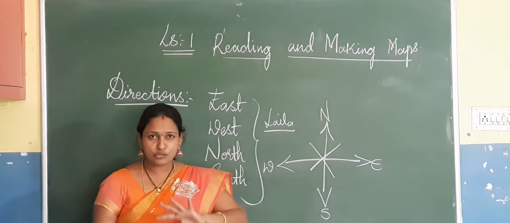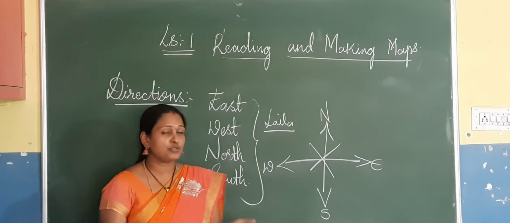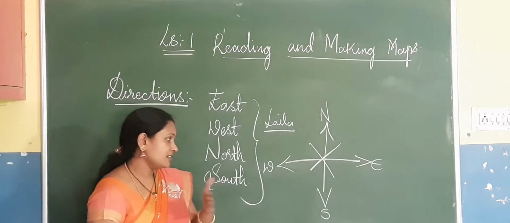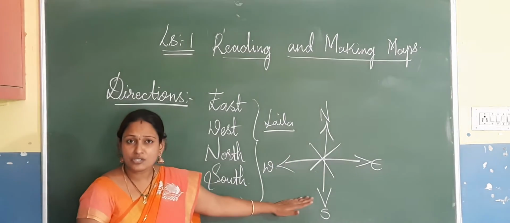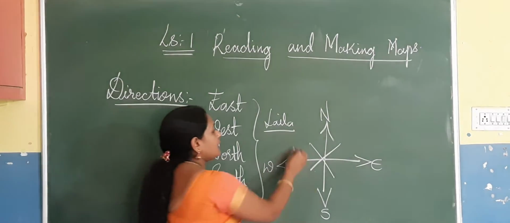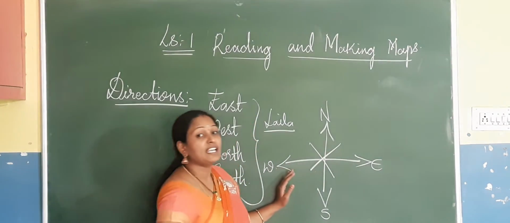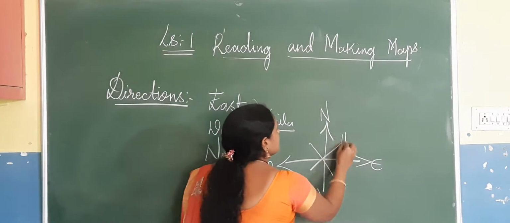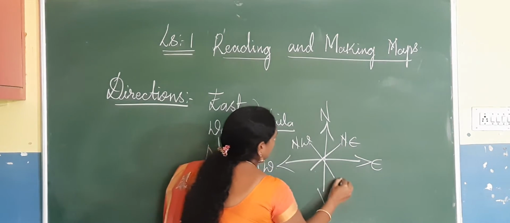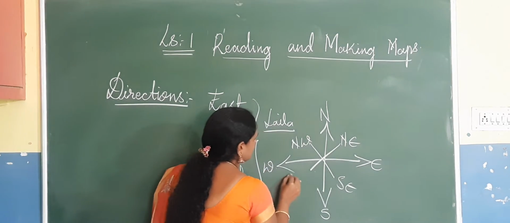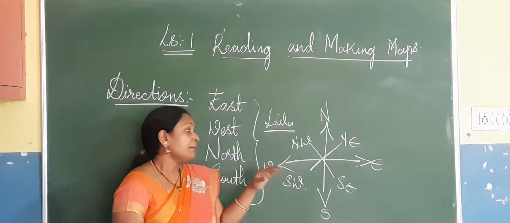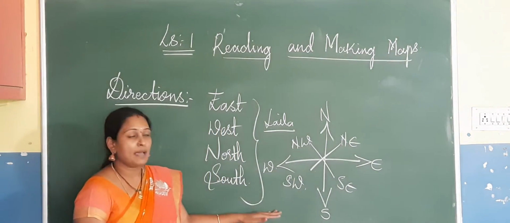So after drawing 2, what will you do? Your work is to compare both the maps. Then you will get an idea. Right? Yes. So directions are very important on a sketch map. Okay? And other than that, I said there will be some directions, that is northeast, northwest, southeast, southwest. Fine children? Yes. Just practice that sketch map.